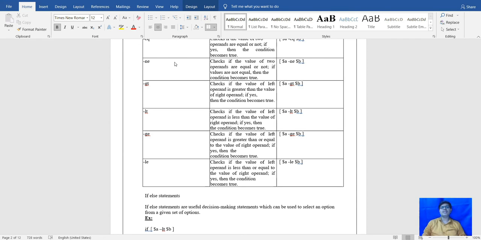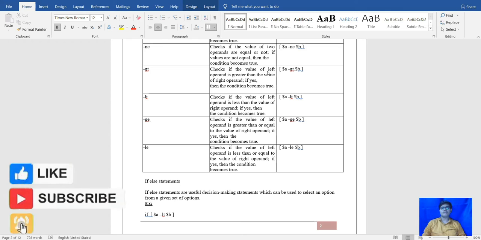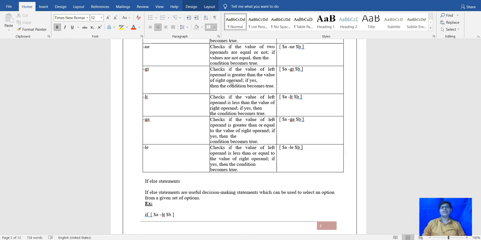After that, moving to the next condition, that is hyphen gt. It checks if the value of the left operand is greater than the value of the right operand. If yes, then the condition becomes true. Means if a is greater than b, then the condition becomes true, else if a is not greater than b, then the condition becomes false.